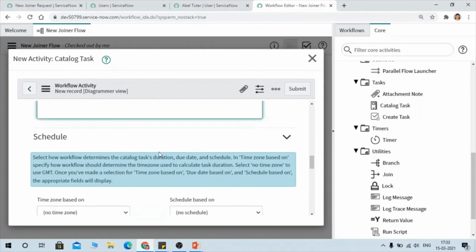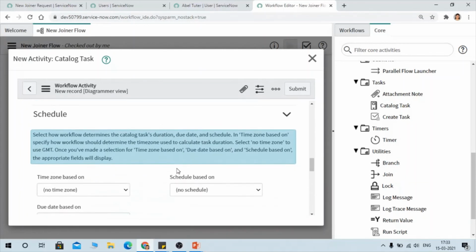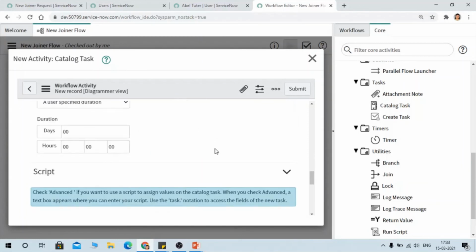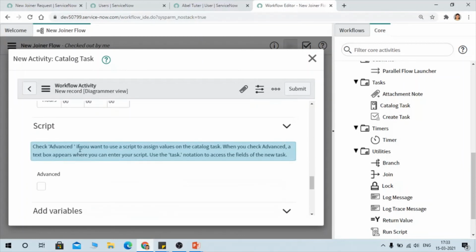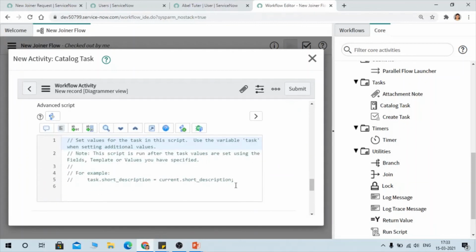Instruction also you can have, and again this is schedule, so you can schedule it according to this time zone schedule. Script, so if you want to assign some values on the catalog task or anything, you can use this script according to your requirement, like you can see the example.